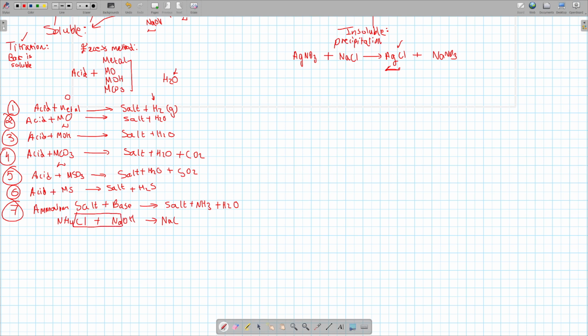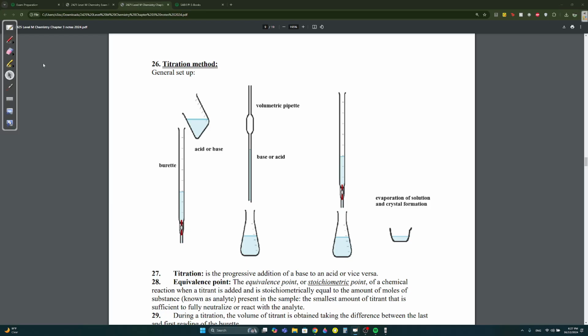This is going to be very useful, the boxing up technique. NaCl plus ammonia gas plus water. Okay, this is just an example. This is the only tricky one in my opinion. Okay, but just memorize. Anyway,